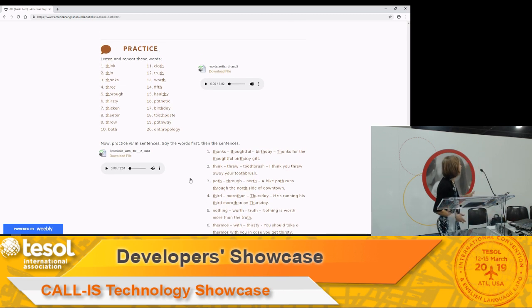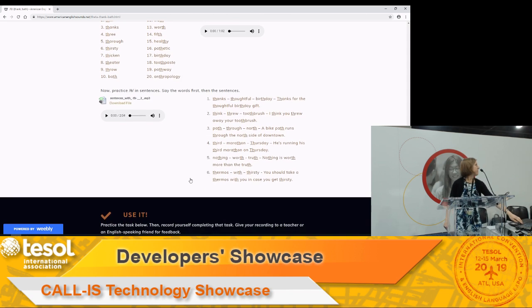Then in the practice section, there is a word list that they can practice repeating, and they can go through this as many times as they need to. And it ranges from 1-syllable words to multi-syllable words. It also tries to present each sound in a few different positions: the beginning of a word, the middle of a word, and the end of a word.